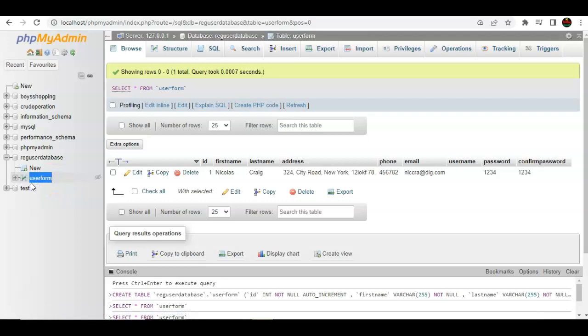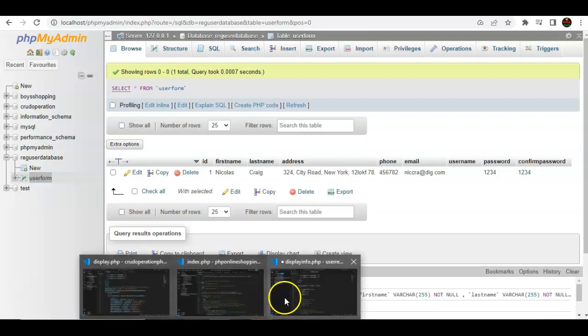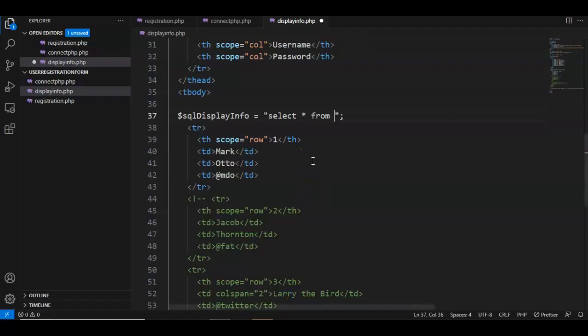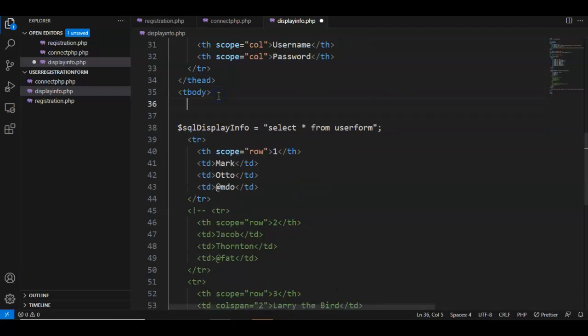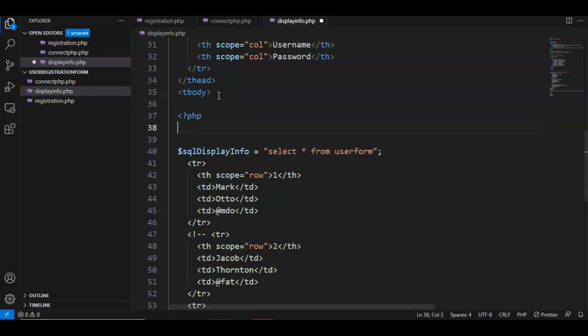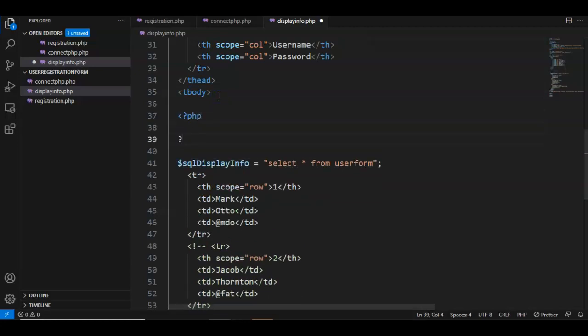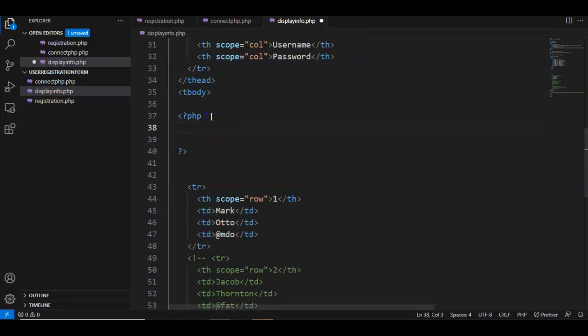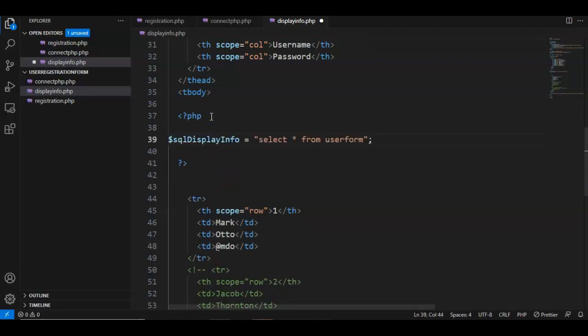So I'm gonna just copy it so that there is no spelling mistake. So you can write it down the same way, user form. I'm gonna add PHP tag in here. Basically I have forgotten to add that. Let's add this one now. So let's paste that inside the PHP tag, and then